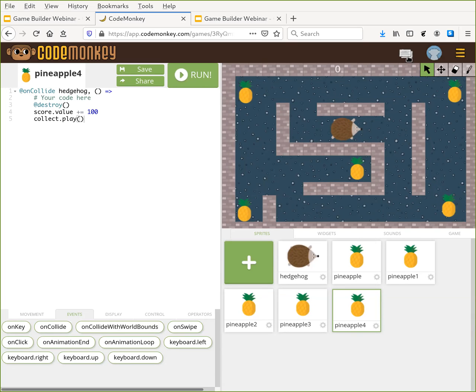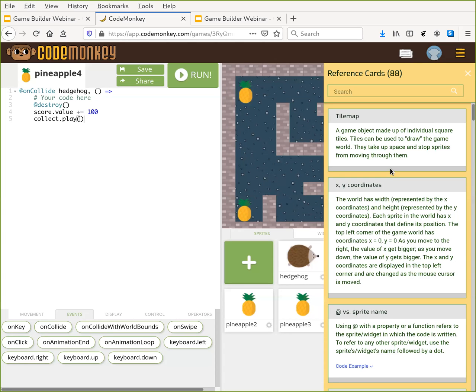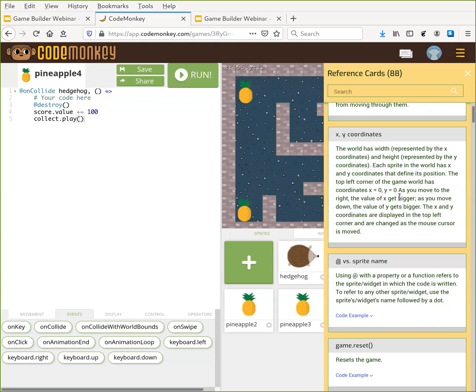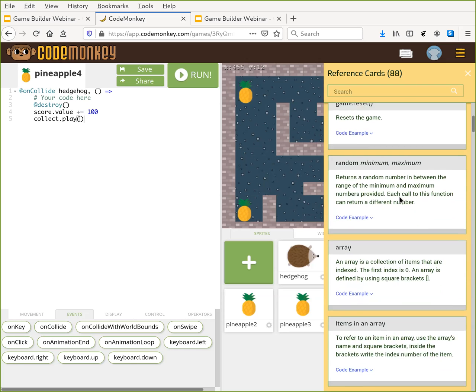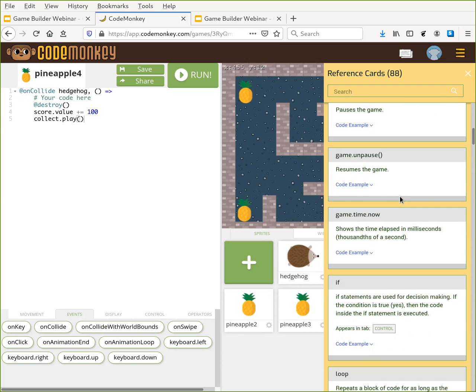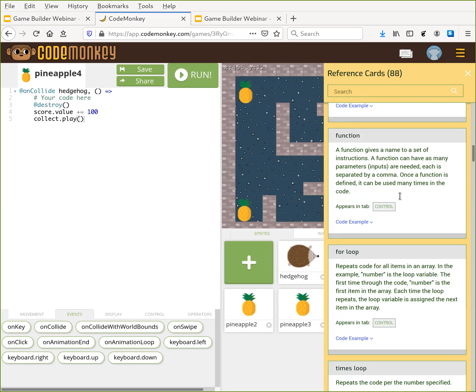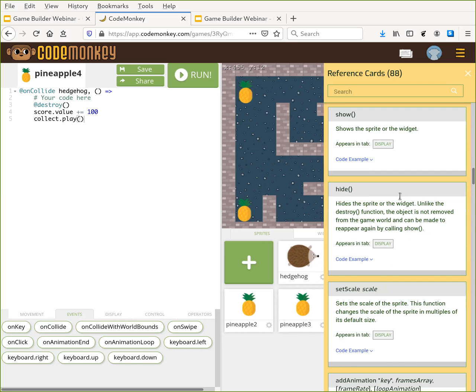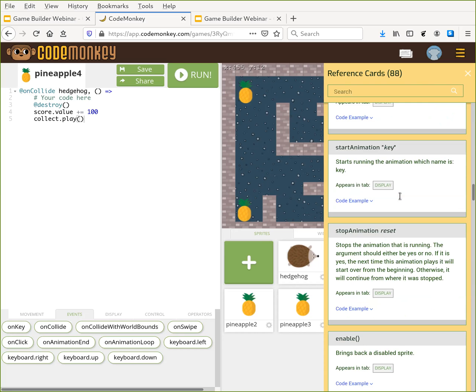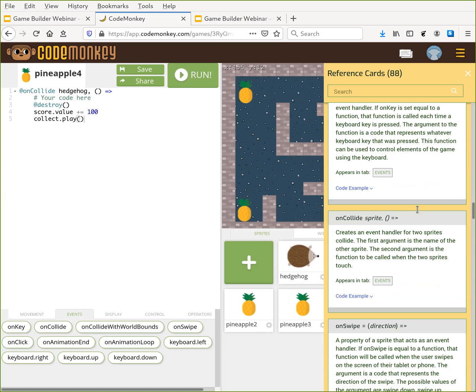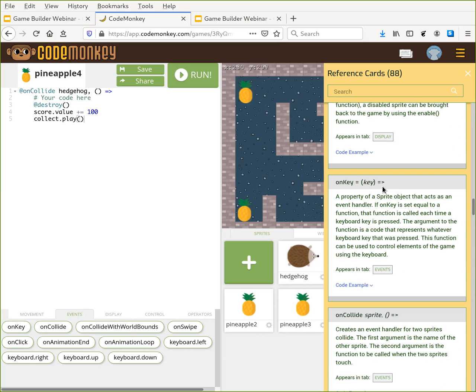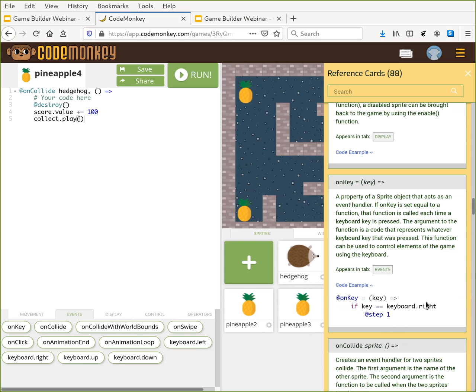These little index card looking things are reference cards that describe all of the programming concepts and functions you can use in Game Builder. OnKey, for example, describes how OnKey works and gives you an example to implement your own.